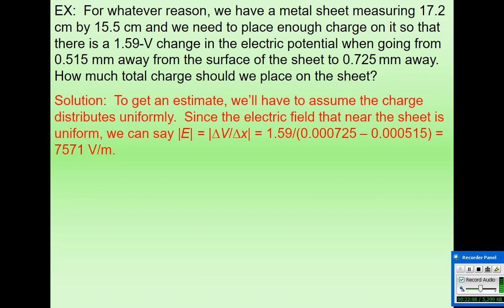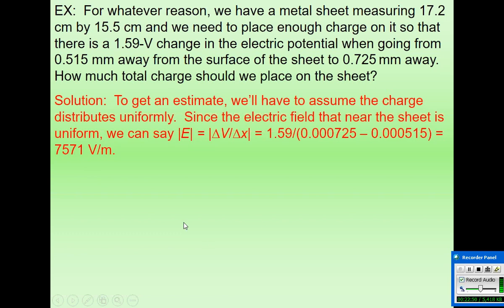Well, very close to this sheet of charge, the electric field behaves very uniformly. We're within a millimeter of this sheet of charge, so it's a good approximation. We can say it's a uniform electric field. It's equal to the change in voltage over the change in displacement. The change in voltage is 1.59 volts. The change in displacement in standard units is equal to the difference between 0.000725 meters and 0.000515 meters. We plug in the numbers, and this tells us that the electric field strength has to be